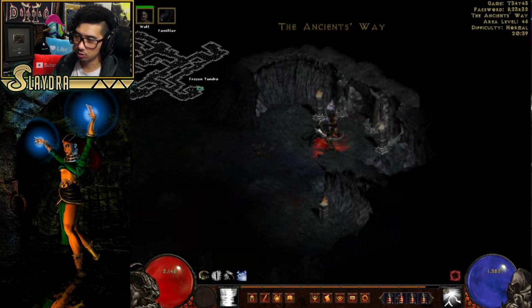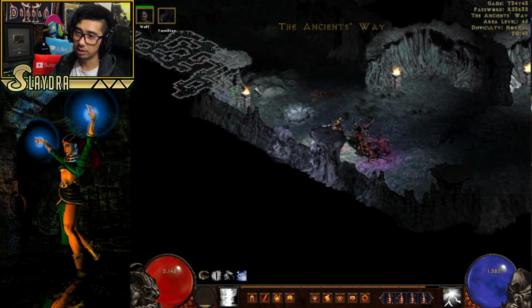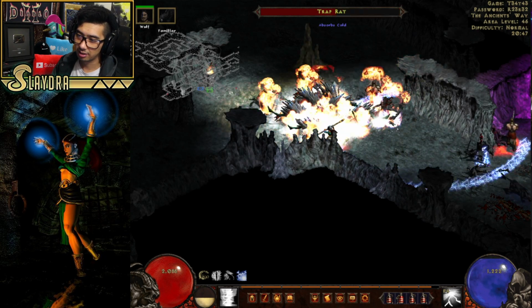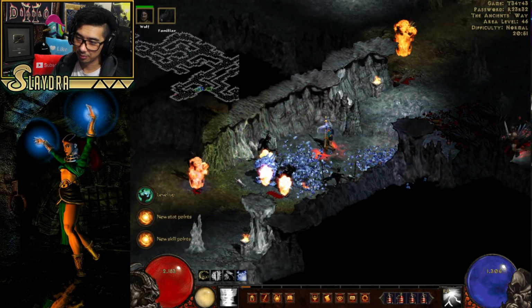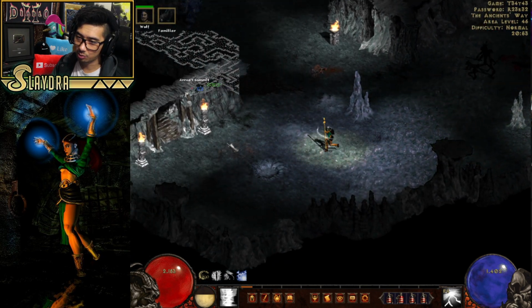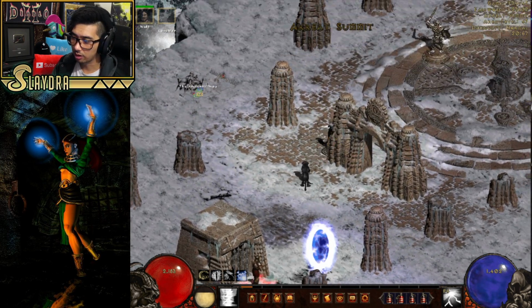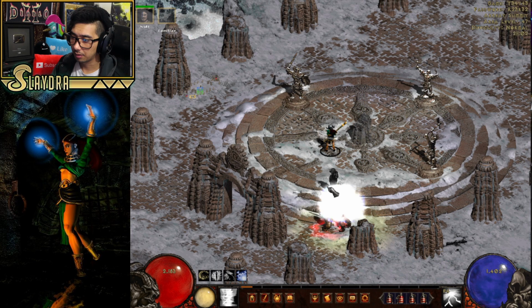Alright, there we go. Ancient's Way. Where's the waypoint? It's always super far back in the corner, isn't it? I mean, you get the World Stone Keep really fast. Okay, item filter? Awesome. What? Why is there...